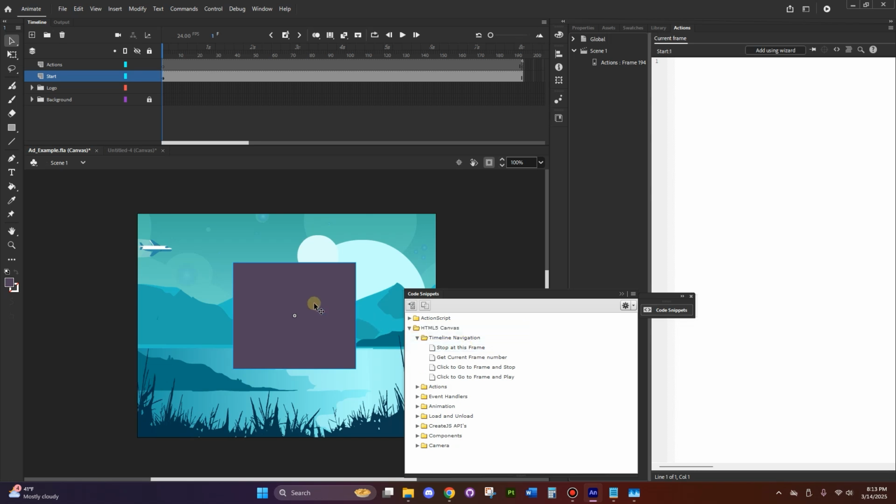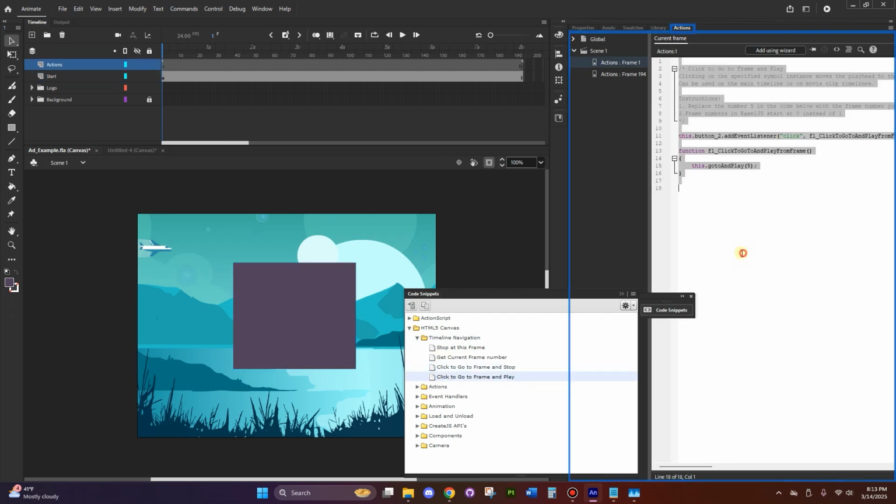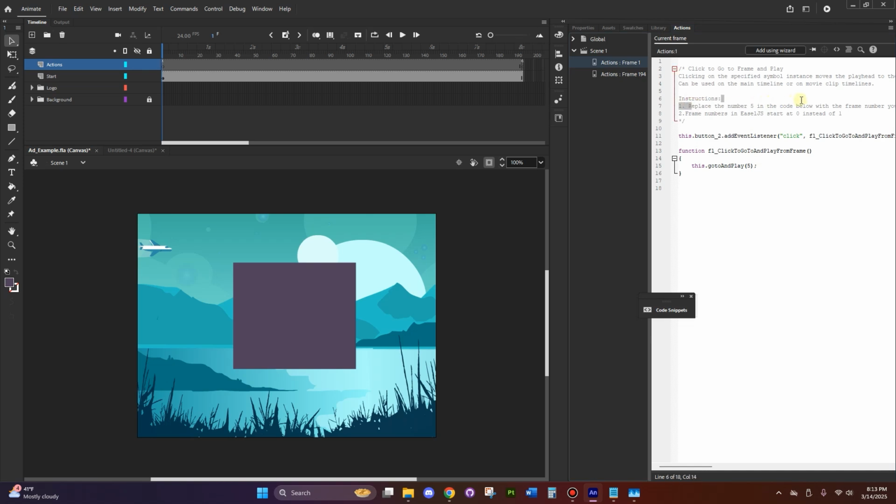So if I want to click this button, go to a specific frame and continue playing, looks like it's this one. And according to the directions, I need to replace the number 5. So if I want to go to frame 2, I'll put a 2 here, except that's not correct. Your timeline numbering system starts with 1. Code numbers start with 0. So your timeline and your code numbers are always going to be off by 1 number. So if code starts counting from 0,